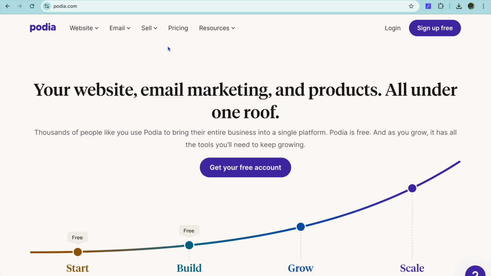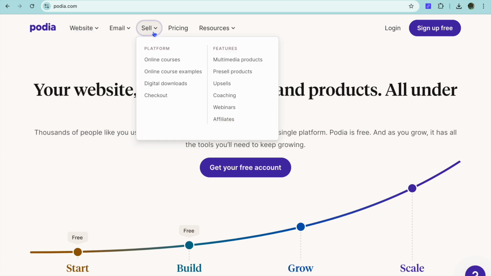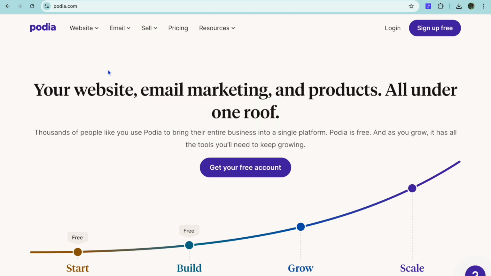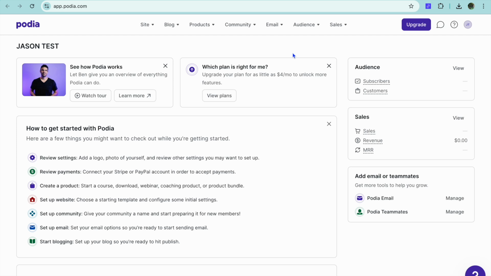You can also use Podia for email marketing, and you can use it to start selling online courses and other digital products. And to get started is completely free. All you'll need to do, once on podia.com, is tap on get your free account or select sign up. Once you're signed up and you have verified your email address, you will be redirected to a dashboard